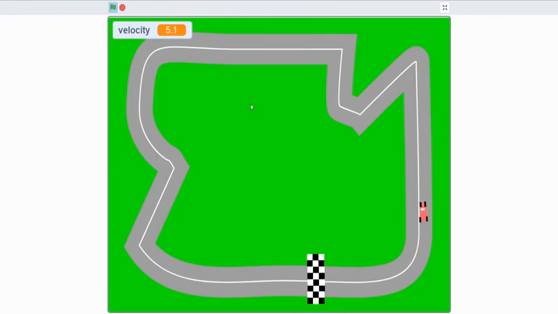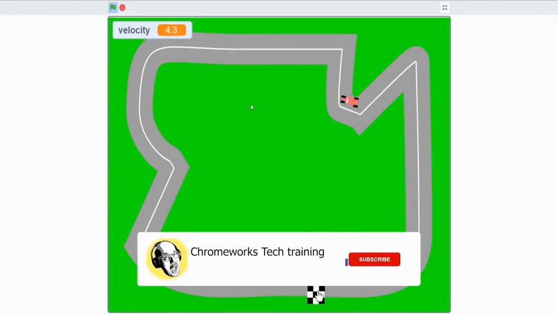Now we have a car that moves at a realistic speed, slowing down and braking in